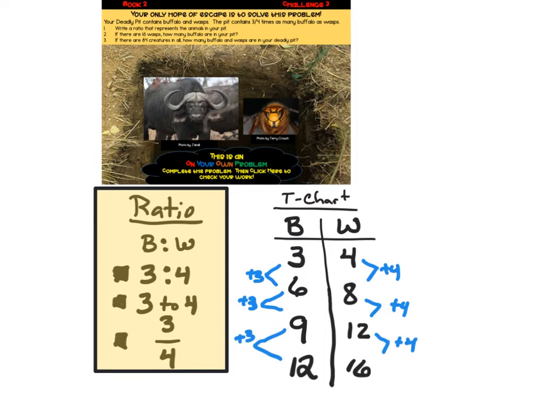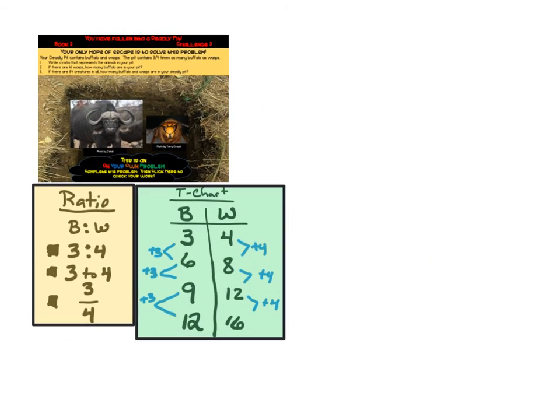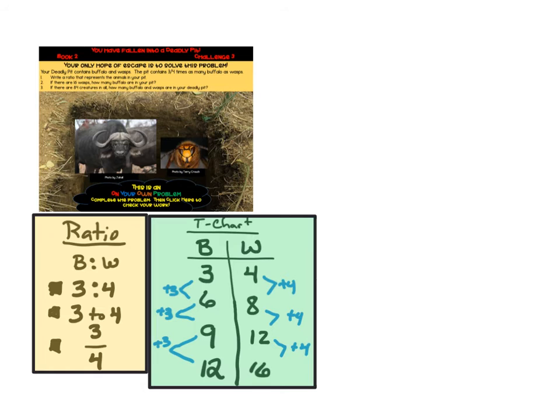Alrighty, so let's move on to our third problem here. And our third problem says, if there are 84 creatures in all, how many buffaloes and wasps are in your deadly pit right here? So we got to figure out 84 of all of these combined using the same ratios. So let's go ahead and do that. Now for that, we're once again going to want to use the T-chart, but this time we're going to use the old triple decker